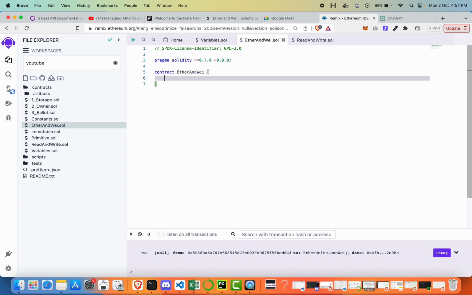Now when you have 100 cents, 100 cents makes up $1. If you are in Nigeria, 100 kobo makes 1 naira. So that 1 naira is more or less like your Ether, the value of Ether to Wei. So in terms of Ether and Wei,